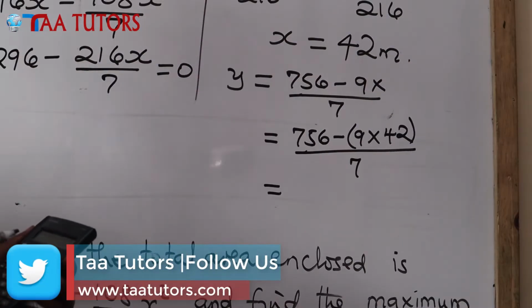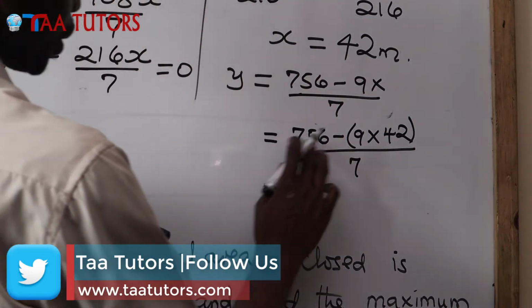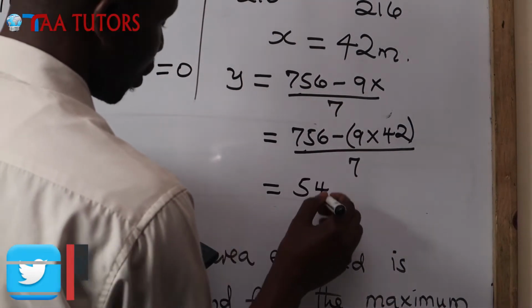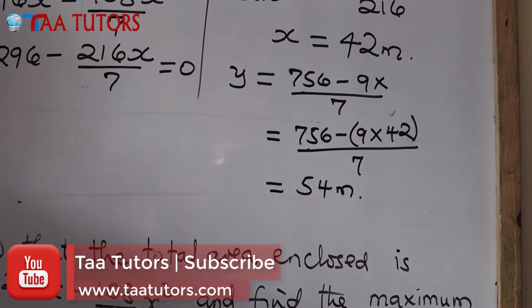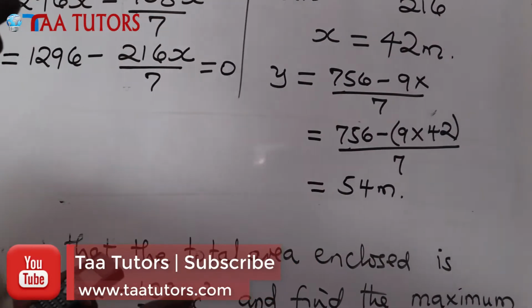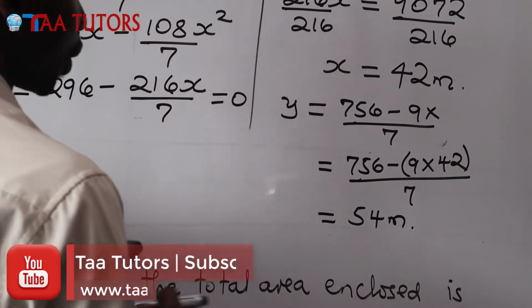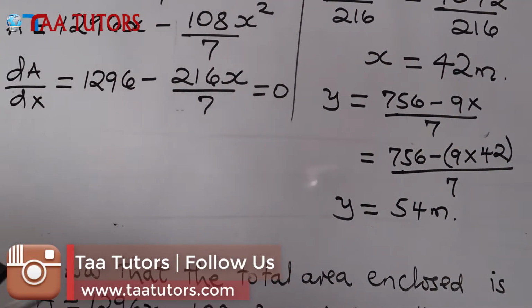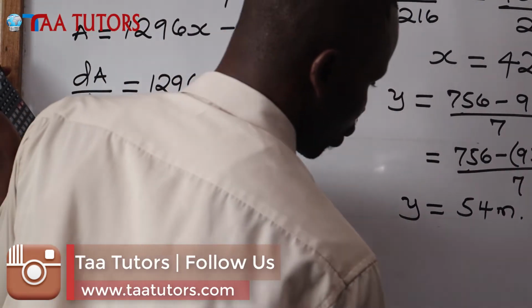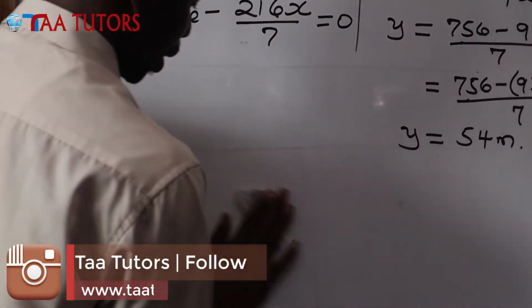So we divide this one, we get 54 meters. So 54 meters is the length that we have. So we can say this is y, that is x. So if we need to get the maximum area that we are told to get in this case, is to